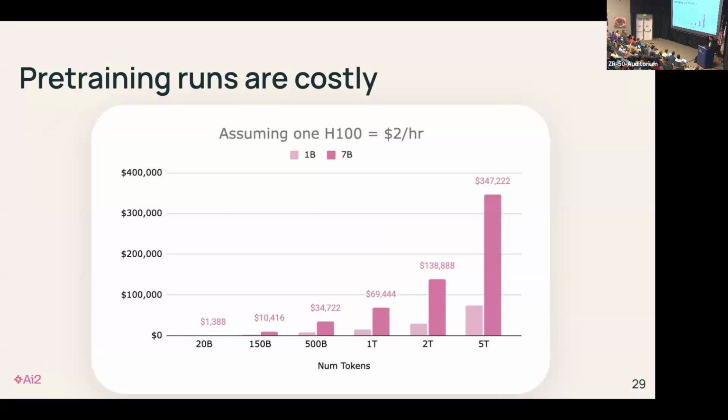These are super costly mistakes. Here's a rough estimate. I'm estimating about $2 an hour for a single H100. That's if you buy a giant cluster and price it out roughly. This is a fairly cheap cost, and even under this fairly cheap cost,